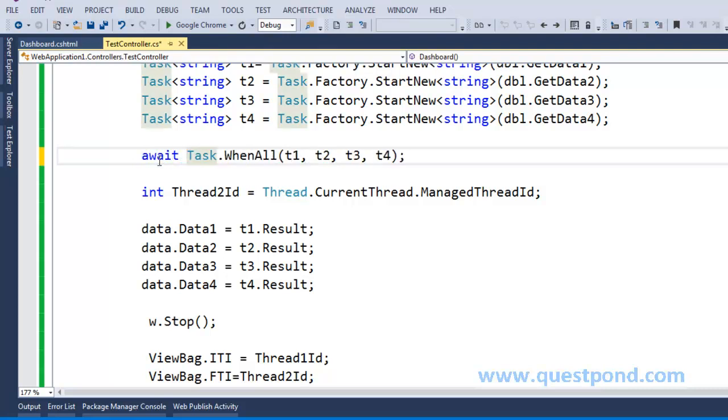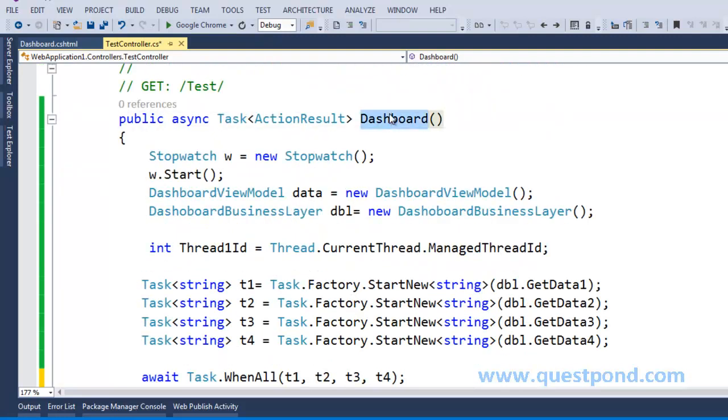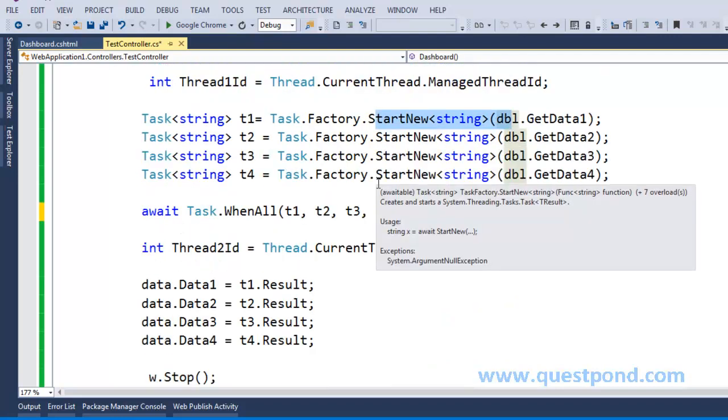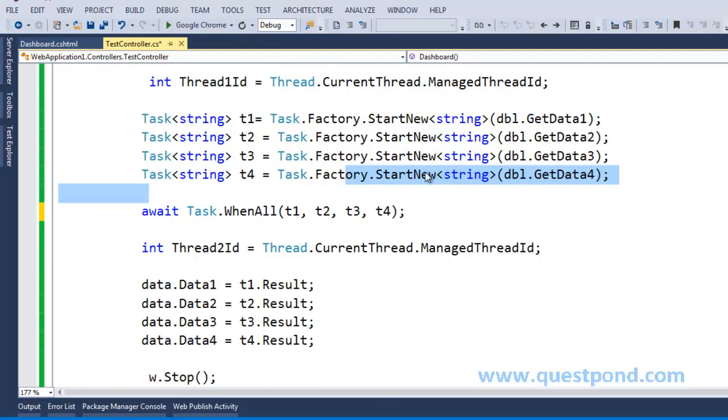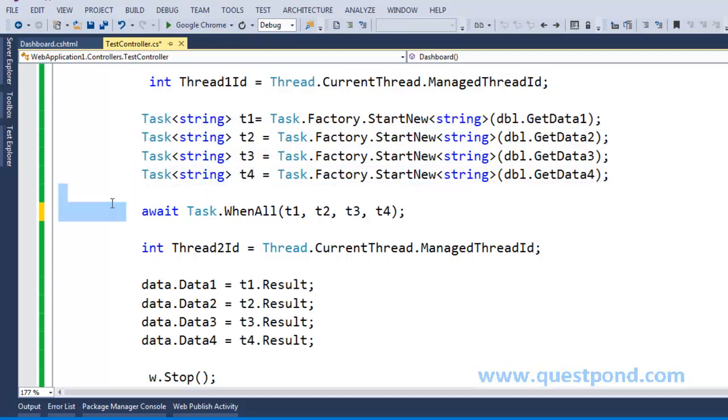That's it. If now someone makes a request to this action method, a new thread from the thread pool gets allocated to serve their request. When the thread reaches this line, it will create a new thread, and by the time it reaches here, there are already 4 threads created, and now when that main thread reaches this line, the thread gets released automatically. And once all the 4 child threads get completed, automatically a new thread from the thread pool gets allocated to the same previous request again, and it will continue its execution from here.